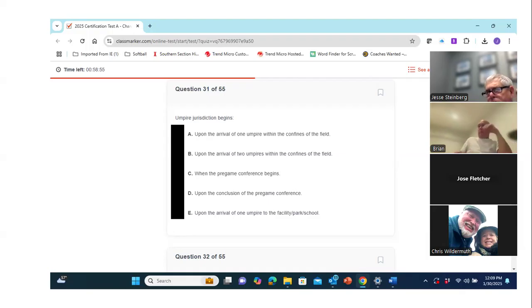2B is the preferred method when you have 2 umpires on the game. You want them to both walk on the field at the same time, but obviously things can happen. And obviously in a JV game, you're never going to see 2 umpires, except for the championship game of the Royal Tournament, maybe. So that's why it's a good idea to stay in contact with your partner. If they're running late, let them know, hey, I'm going to take the field, we're going to get these things started while you're dressing. Okay, moving on to 32.